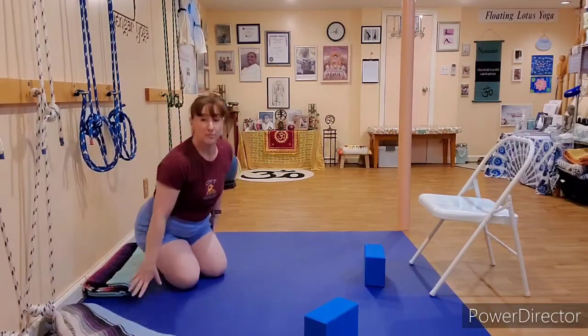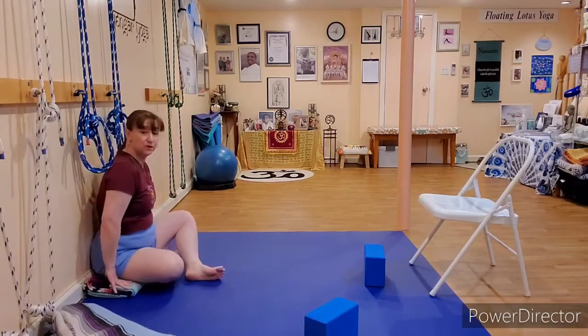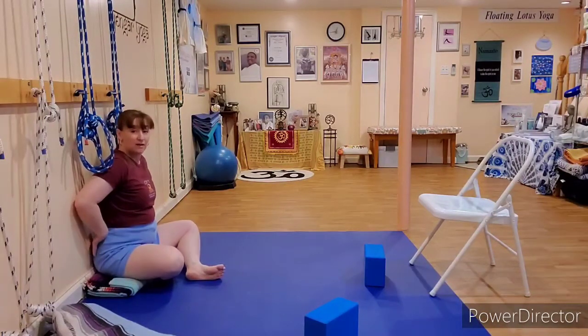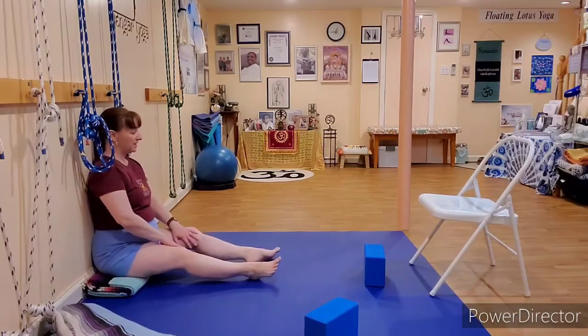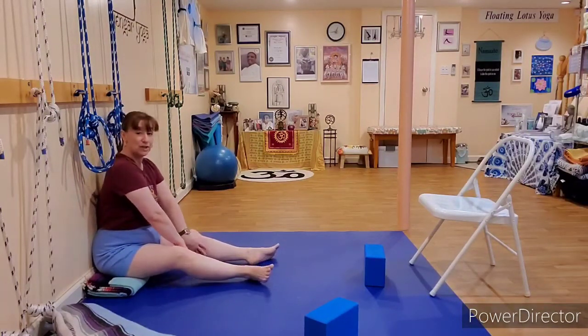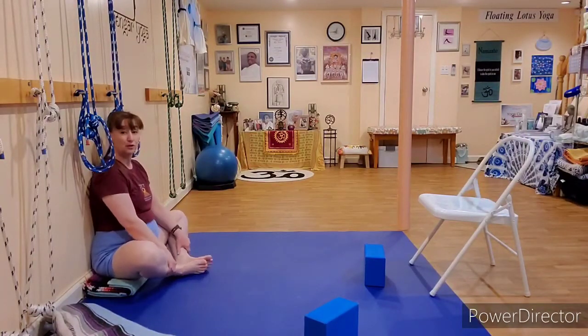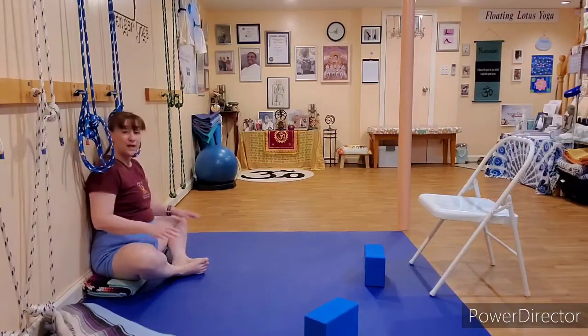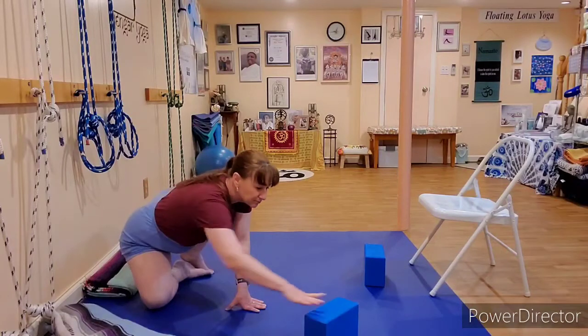So as I sit with my back to the wall, the first thing I want to do is get pretty tight in there with the back of my buttocks and my sacrum. I'm going to extend my legs. Now reaching inside the knees, pull the knees back so the soles of your feet join. Okay? If this is quite extreme for you, you can always take your block